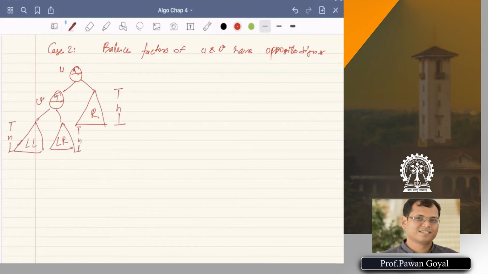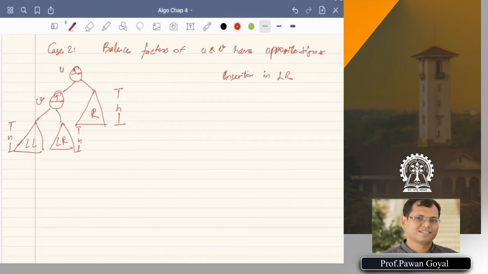So now what you do, you actually insert in LR. So actually what turns out in this case, you will have to look at where in LR you do the insertion.